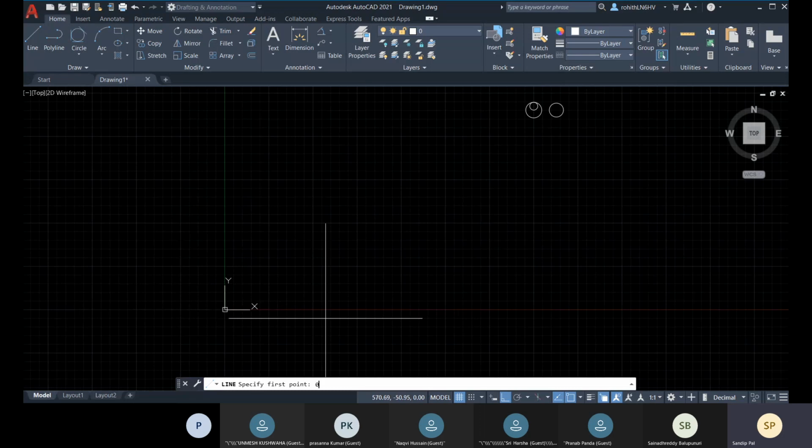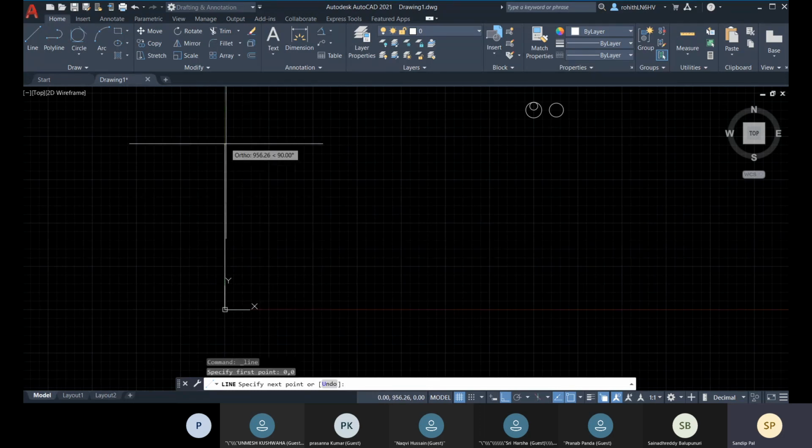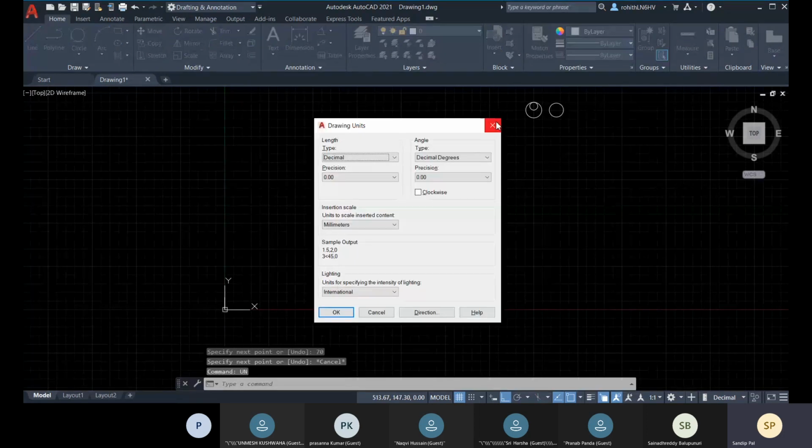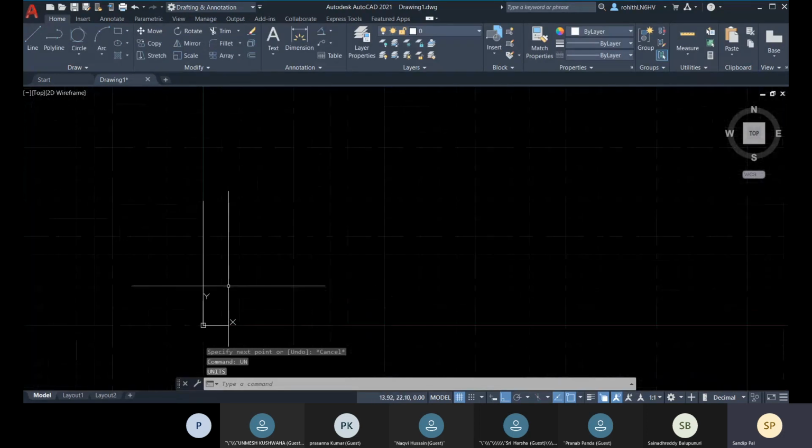You can start the point at 0, 0, and next you can mention 70. Here we don't have any particular unit, so we can go with any unit. So let's go for 70, and that is our millimeter, I guess. You can check it. Yeah, so we have 70 millimeter.